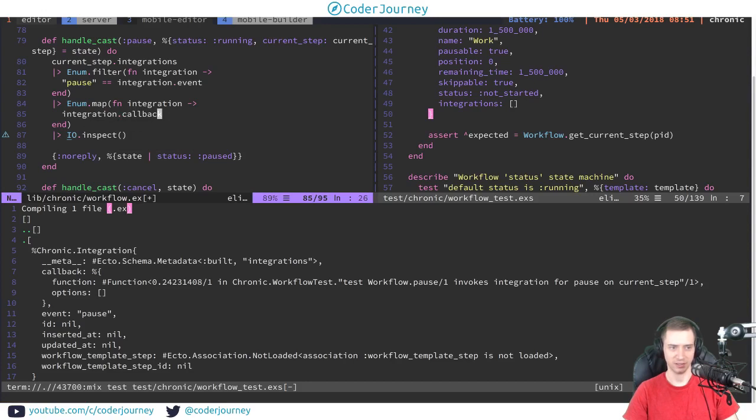Yeah, and actually, if we're really being smart, we can just do it this way. We can apply the integration callback function,